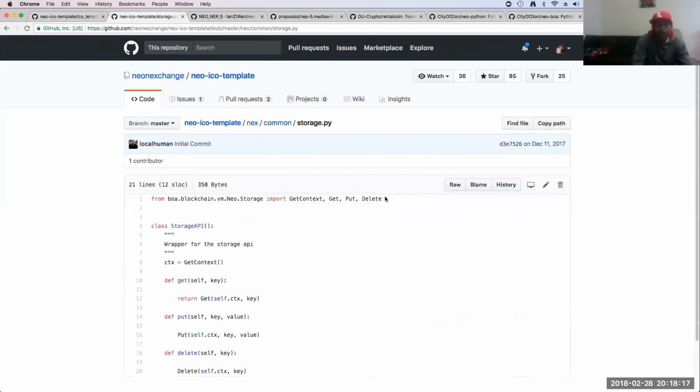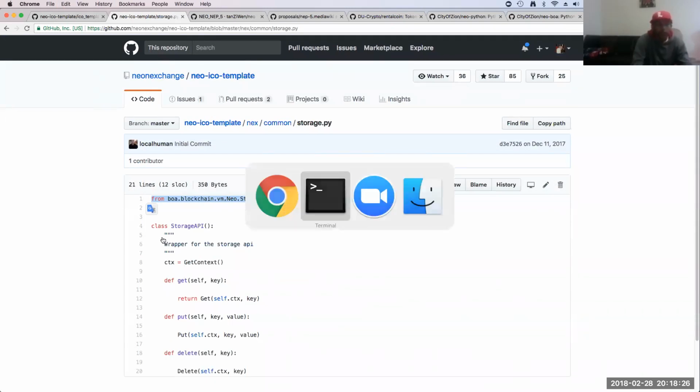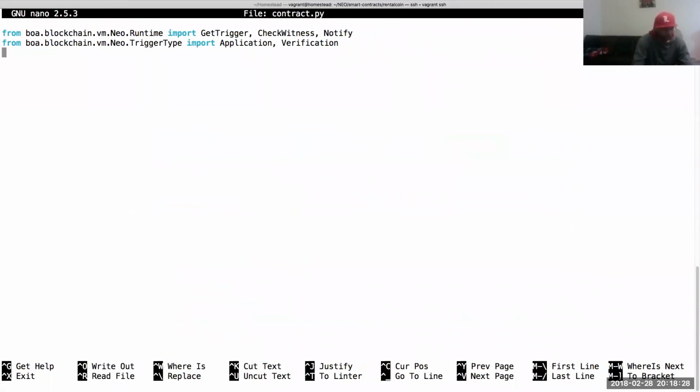Storage. And we need to grab this. I will refactor this to use classes, but I'm not going to do that right this second. Actually, you know what? I might.